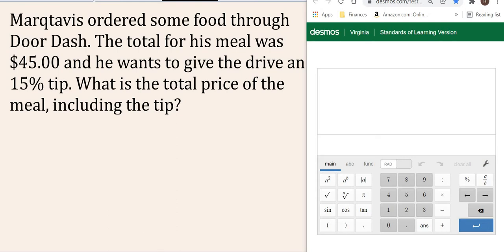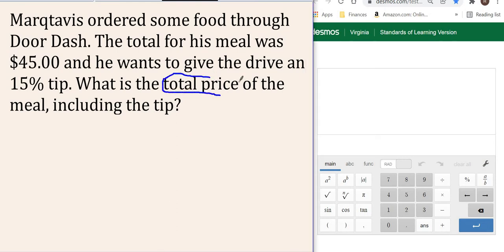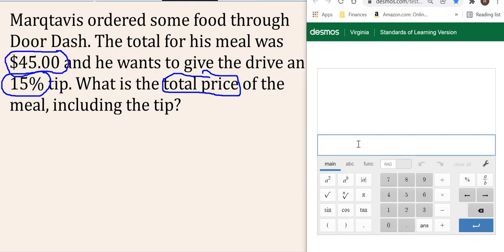Now the big thing you have to look at there is it says total price. That's something you want to look at. We know he's giving a 15% tip and that the total was 45. So let's come over here to Desmos, and this is really easy. Whenever you have something that has that percent sign in it, you start by typing that 15 and then percent of the total, which was $45, is a